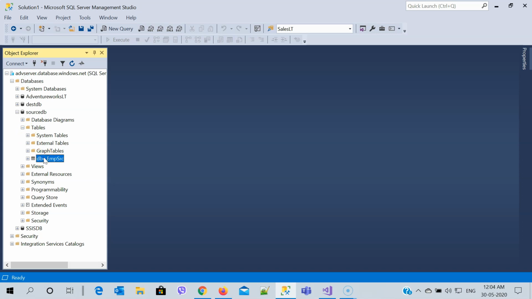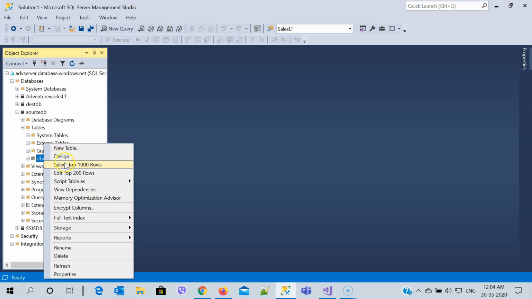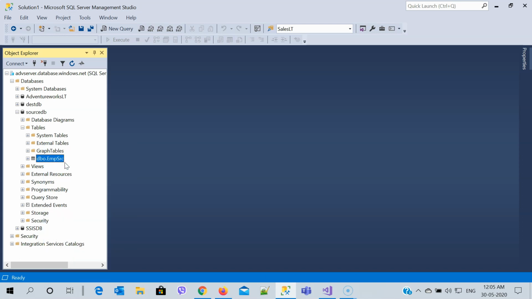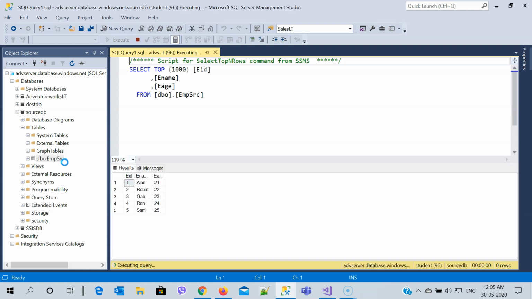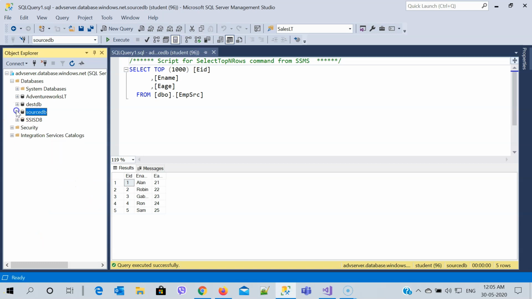You can right click on it and then select top 1000 rows. Now you can see I have some data which is stored inside this. That's my data. And I have another database with the name destination DB.